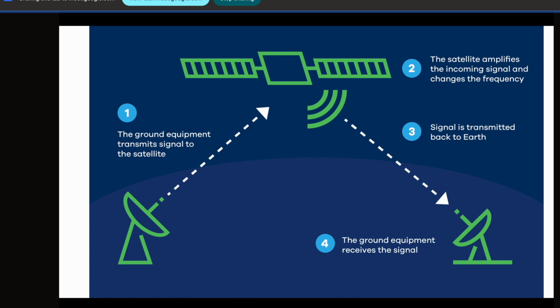Next I will come to communication satellites. Say you want to broadcast something happening in Russia or Europe and see it live here. How will you see it generally? Anybody can volunteer: how do you see that broadcast, what are the other ways you can see it, or how are you seeing my presentation now?